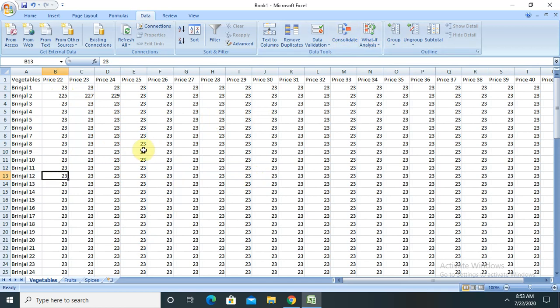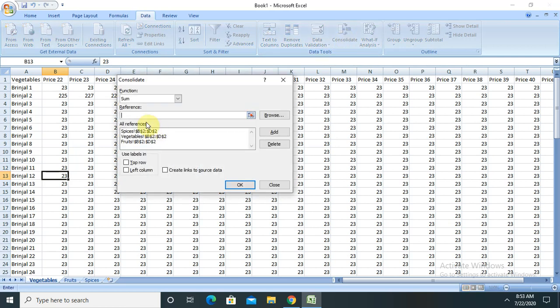So just click on Data and then click on Consolidate. Once you are able to see here, select Sum. If you want to perform other operations, that is also possible, but here we are going to sum up the numbers. Then select the cells from where to where you want to sum up. After that you can click on Add and select other cells from other sheets or another workbook. Both ways are possible.